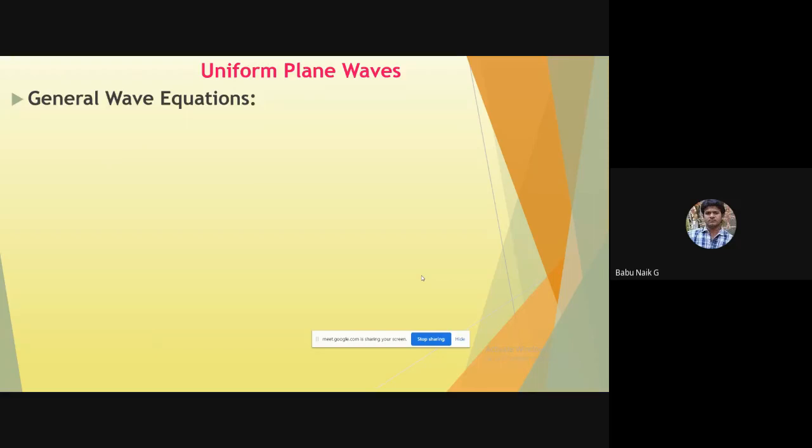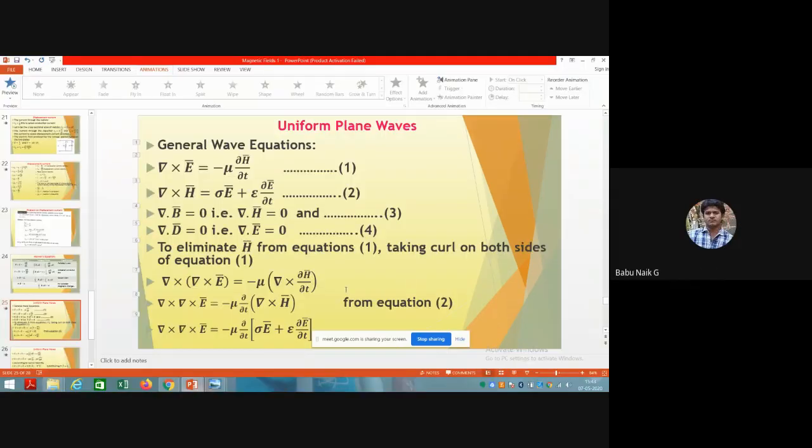The other property is that they are radiated, completely outwards from the source in all directions. So these are the main concepts to be considered. This is the introduction part before going to uniform plane waves. I will stop here and discuss the general wave equation in tomorrow's class. Okay, the introduction part is over, so tomorrow I will start with the general wave equation.